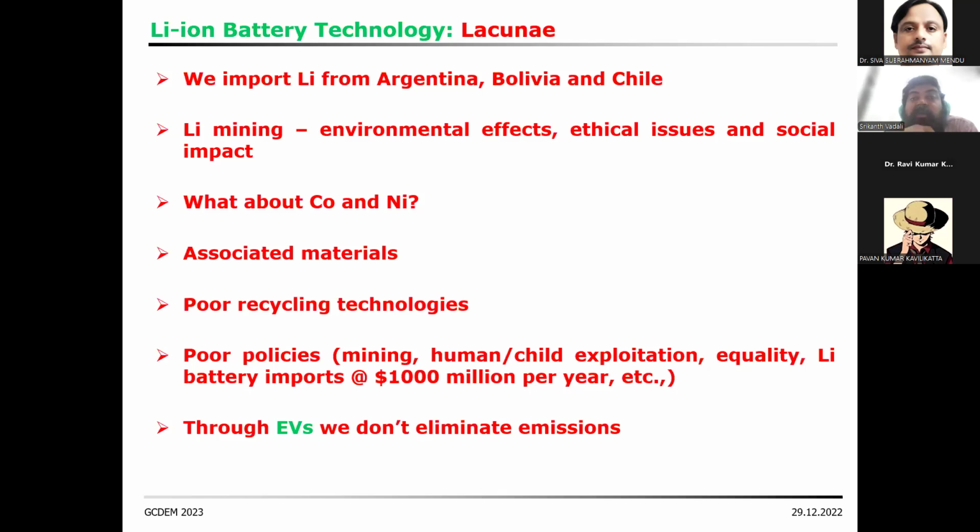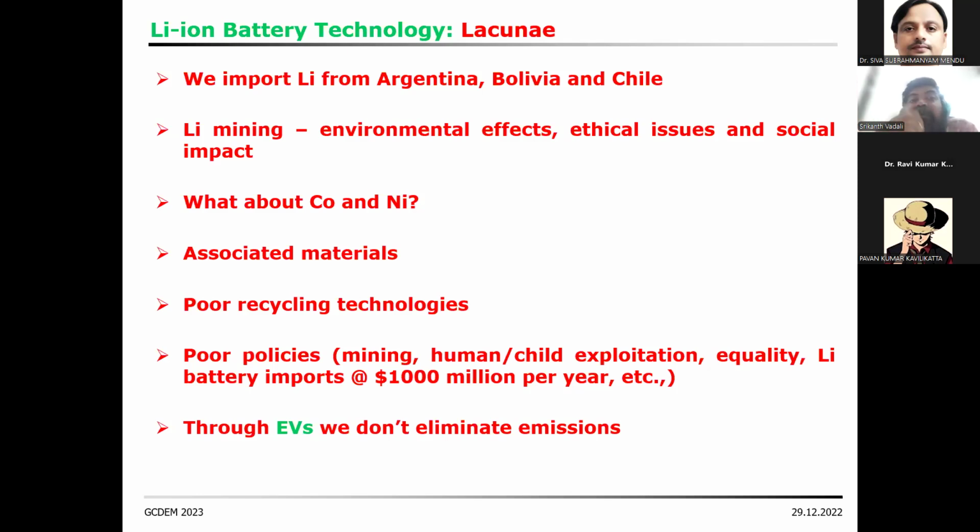Now we import. So if the imports are stopped for some reason, we are stuck. Okay, so we cannot go ahead. And if somebody is working with lithium salts and all that, they're actually produced outside the country. No, nothing is produced in India. And maybe some of you know, India unfortunately cannot even make its own HCl, hydrochloric acid, or sulfuric acid by its own. Okay, so many ground level problems are there.